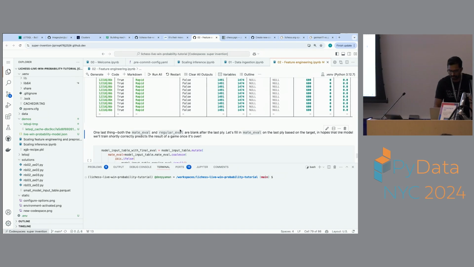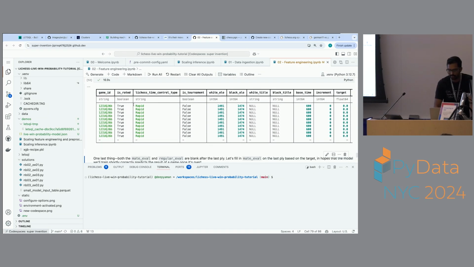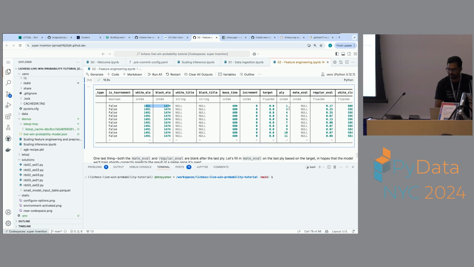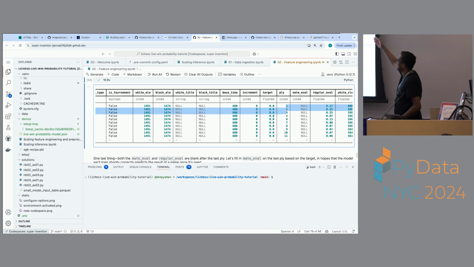Finally, here we can see what that looks like for each game. Here's a game between a couple of players who are untitled, around 1,400 ELO rating. We see each of the plies. There's no guaranteed order here because we didn't order it by ply. As a result, it's somewhere else in the